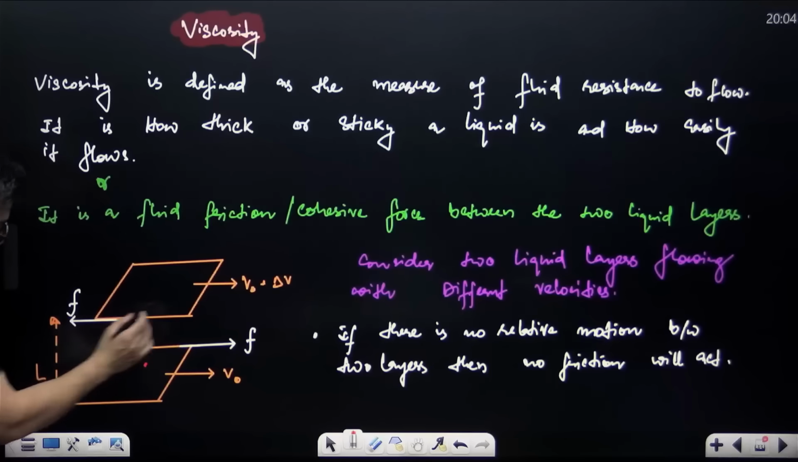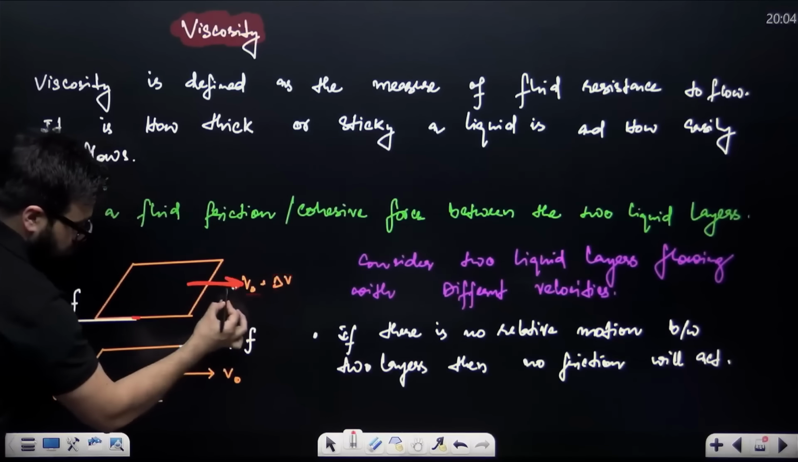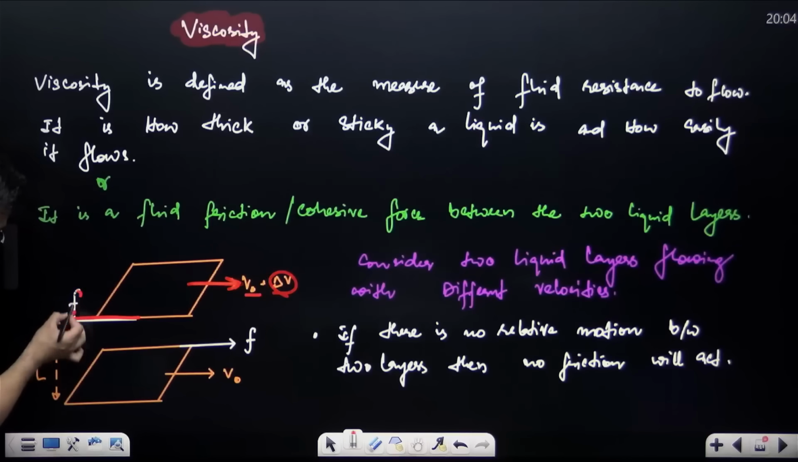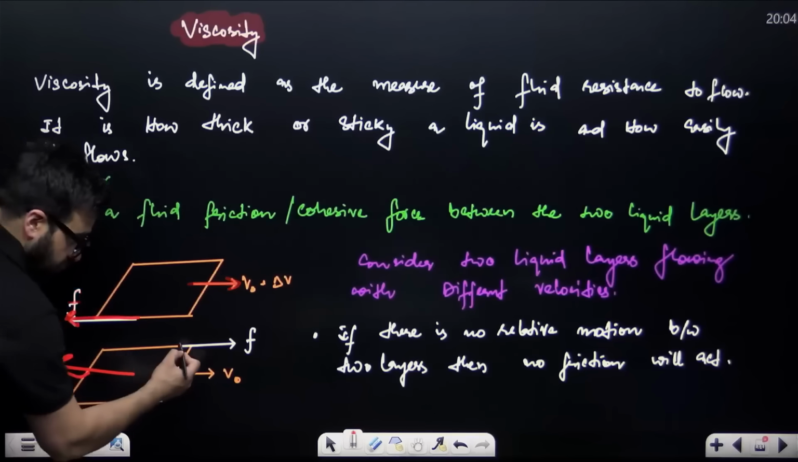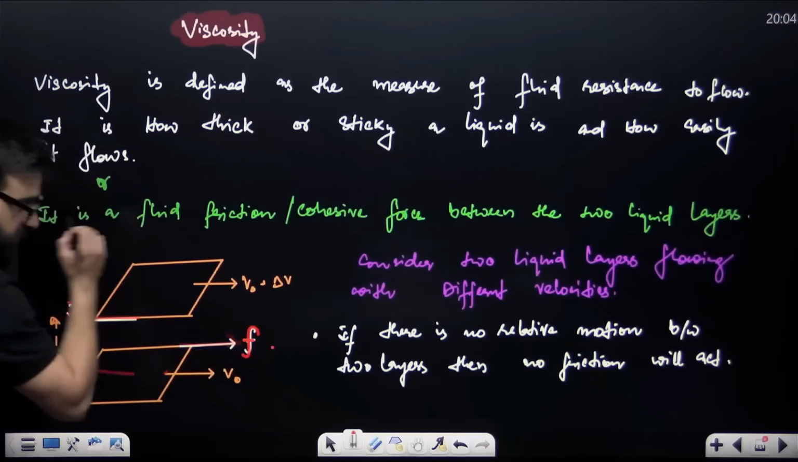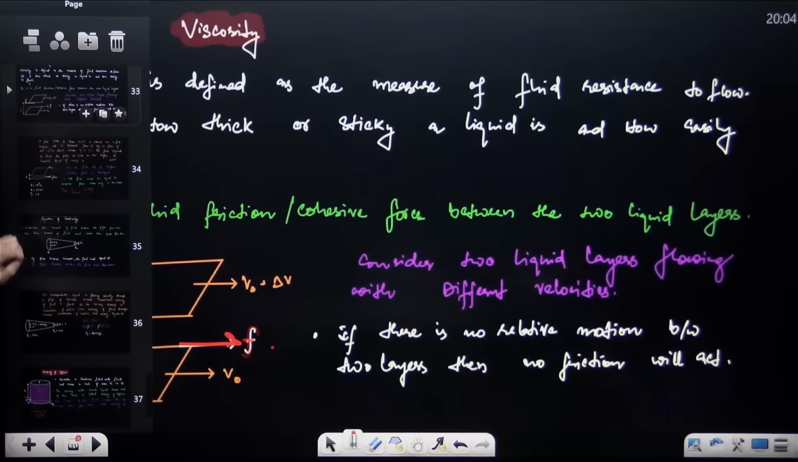Okay, so if this layer has the velocity v naught plus delta v, and it wants to move forward, friction on it will act backward. Now, if this wants to go backward, friction on it will be in the forward direction. So this frictional force is actually equal to